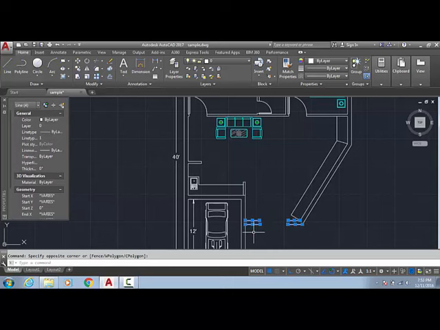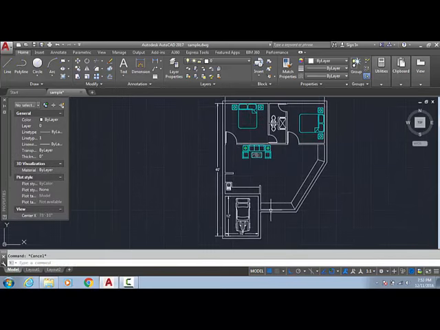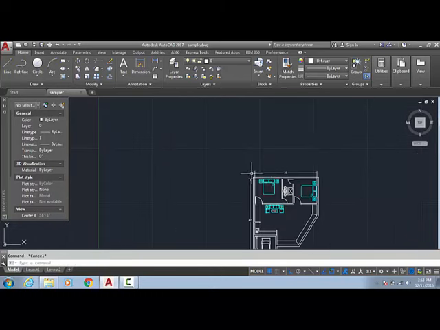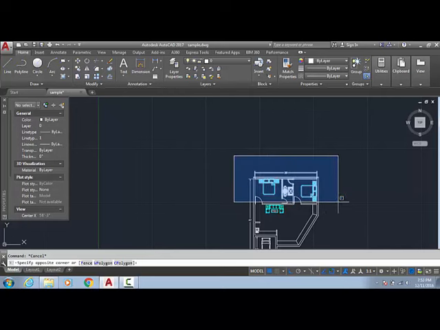I am going to join this, just select and J enter, same, select, enter. Okay, now we joined it. If I want to offset it, just offset it, fill it like this, and join this like this. I want to arrange this sink here, and just forget these things, these are not in our consideration.